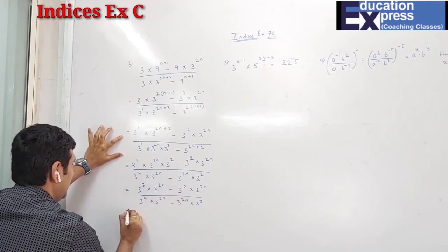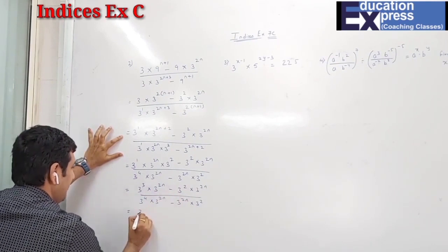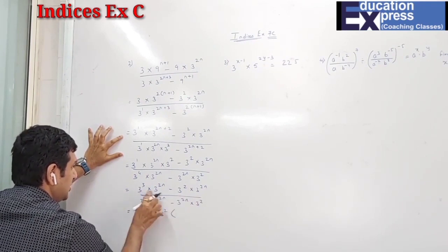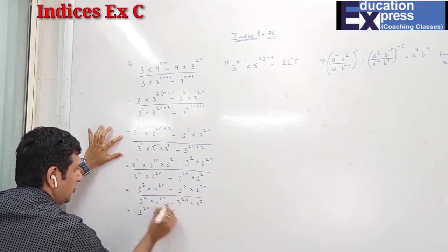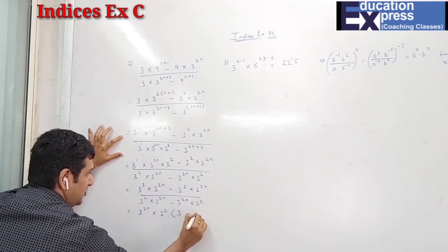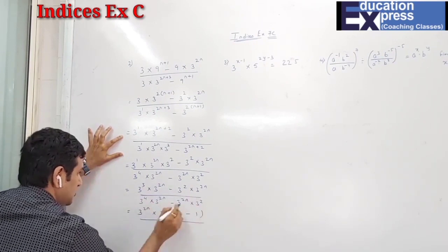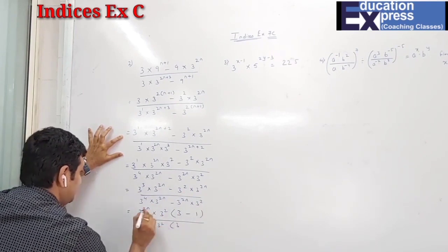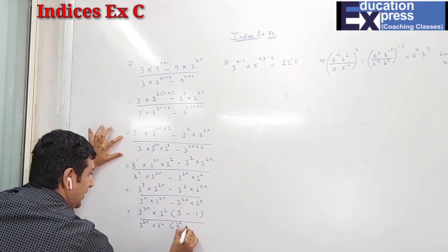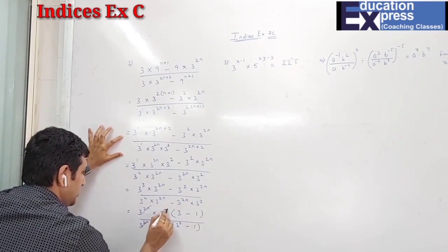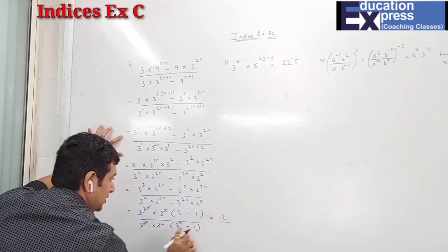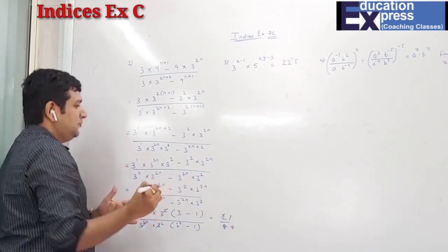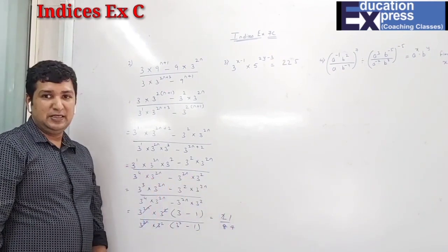So now in the numerator you can see what is common. 3 raised to 2n is common and 3 square is common. So now 3 raised to 2n is out, 3 square with 3 square is out. What is left? 1, 3. Here nothing is left, so 1. Here also 3 raised to 2n into 3 square. So what is left? 3 square and then minus 1. So 3 raised to 2n and 3 square is cut. 3 minus 1 is 2. 3 plus 2 is 9. 9 minus 1 is 8. Answer is 1 upon 4. So this is the answer for the second question of exercise 7C.